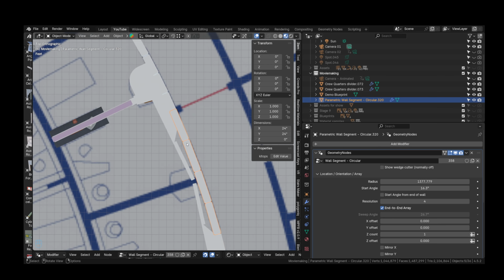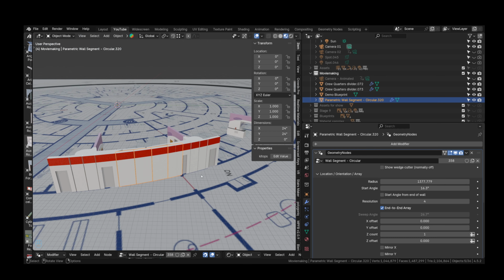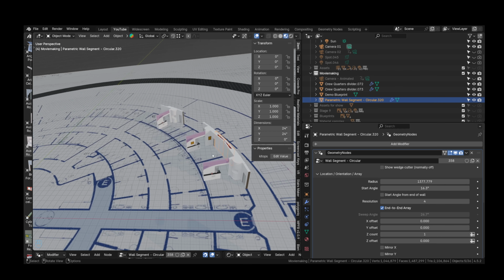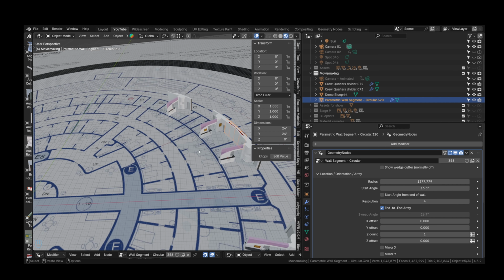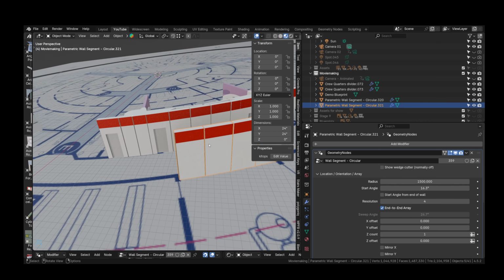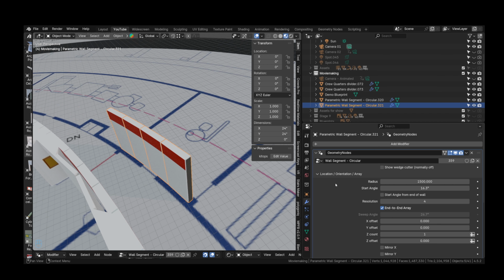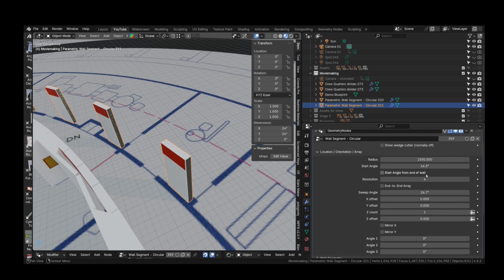And that's good enough. Now what we also have in this circular wall array is some other features that make it hopefully easy to use. I'm going to duplicate this right now just for demonstration purposes and work on a copy of this over here. So a couple of important features of this thing is the start angle from end of wall and also end to end array. Now let's take our resolution, or the number of instances, down to 1,